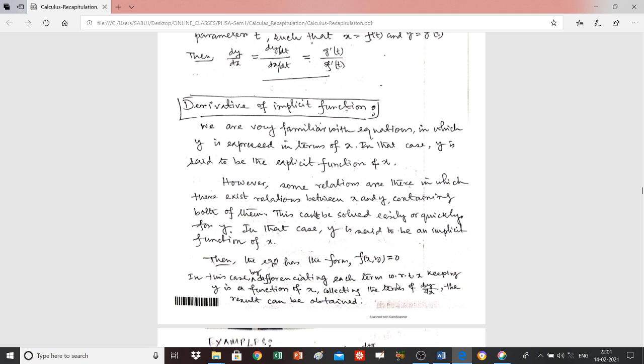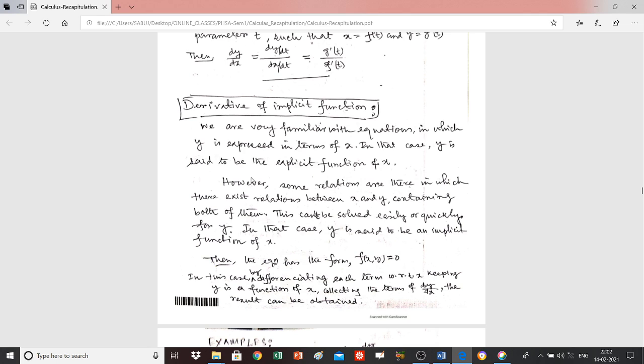find out the required result. Examples of this kind of implicit function of x will be given and solved in this class. So